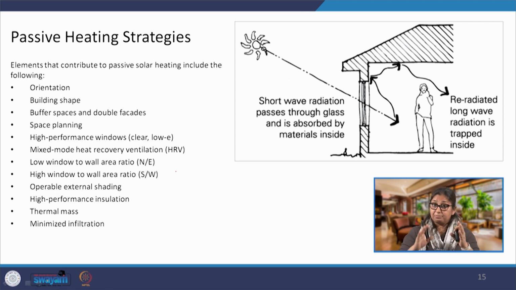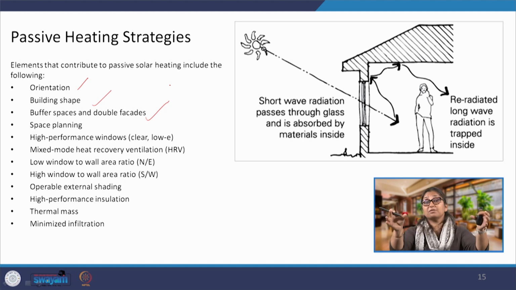Then we have strategies for heating. For example, some remain common: orientation and building shape. Then we have buffer spaces and double facades when we are talking about heating strategies, that is, in cold countries. That is where you will see the traditional buildings in cold climates have a surrounding veranda all around. The space which is in the middle, in the center,